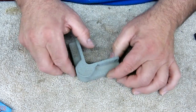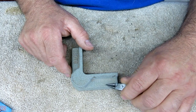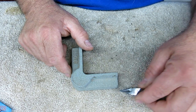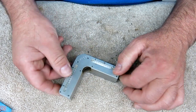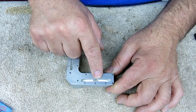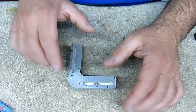Oh wow, this is interesting here. It has the aluminum alloy there, 356 T6. That's interesting. You usually don't see the aluminum alloy identified on a casting like this. And the other thing that's kind of interesting too is you have 0 and then some increments and then 5. So I suspect this is kind of calibrated